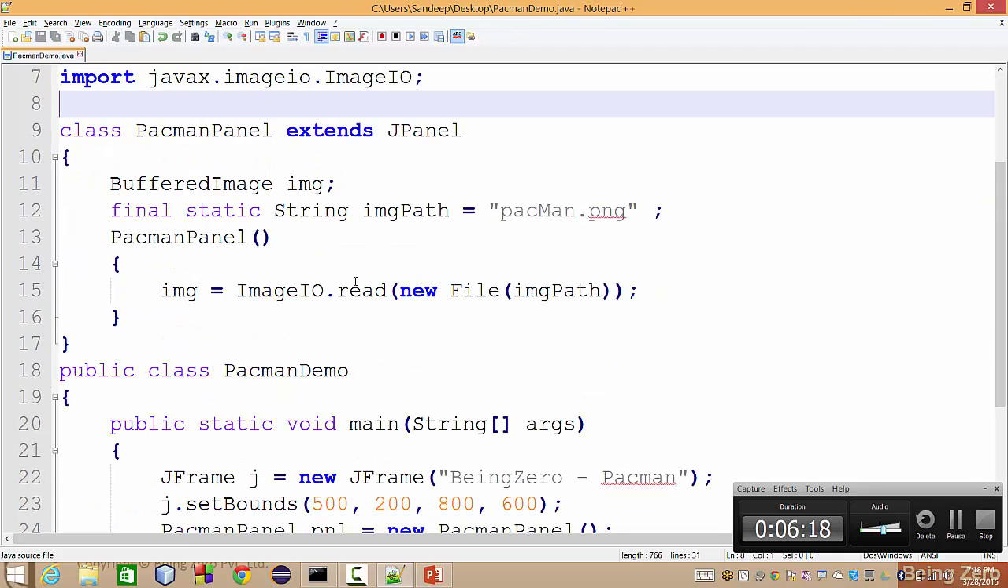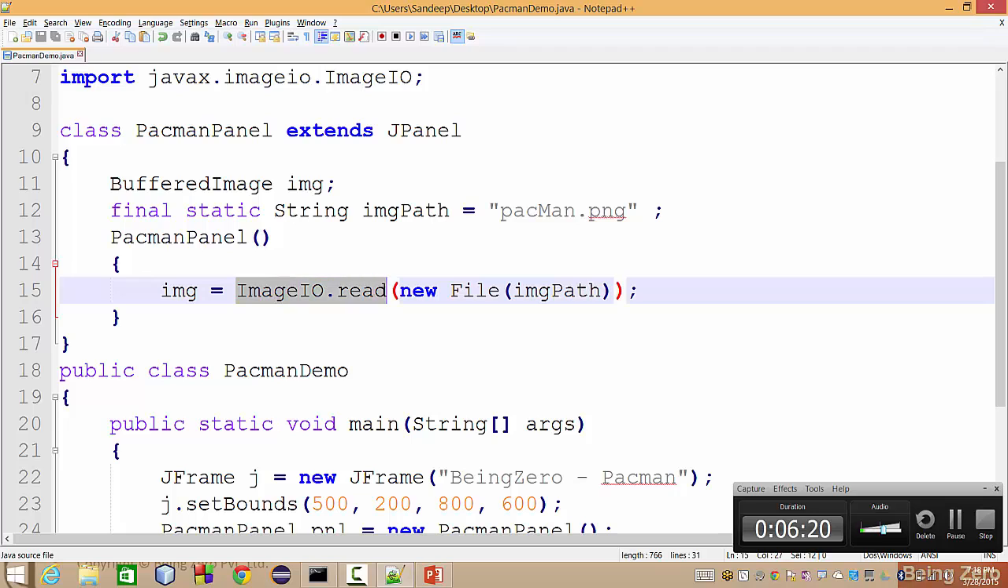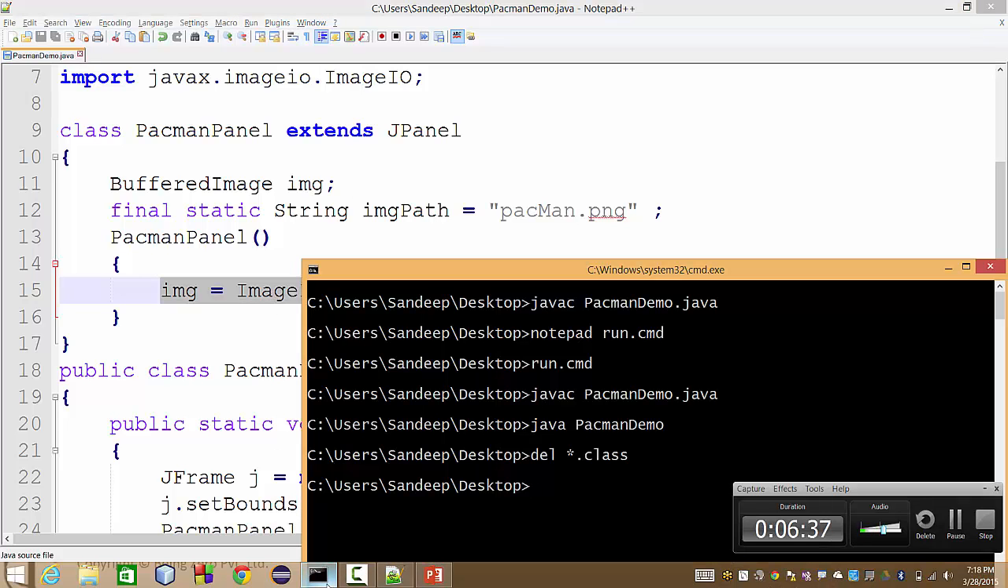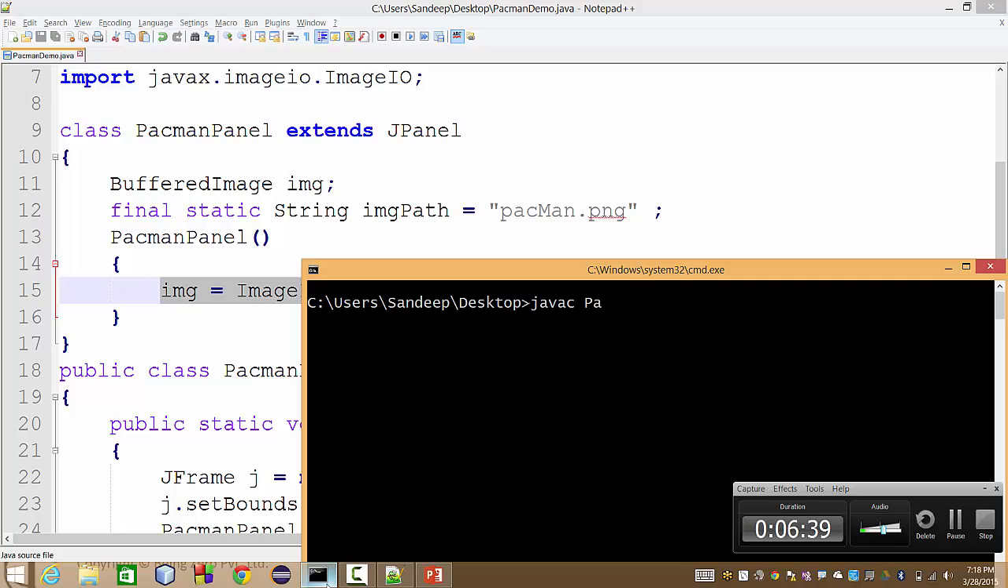Now another thing to pay attention to is the ImageIO.read method, which throws an exception that is a checked exception. Checked exceptions are those which need to be checked at compile time. In case we don't put a try catch around this, then the compiler is not going to allow us to compile this code. So if we try to compile this code right now, so we can say javac PacmanDemo,